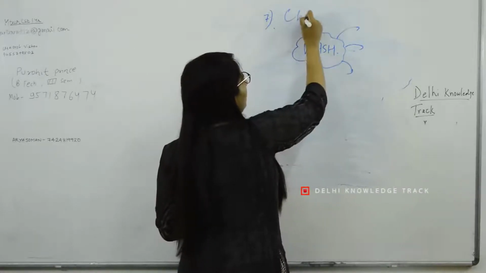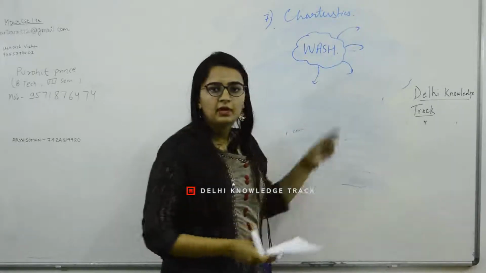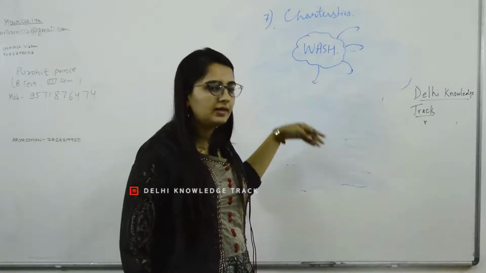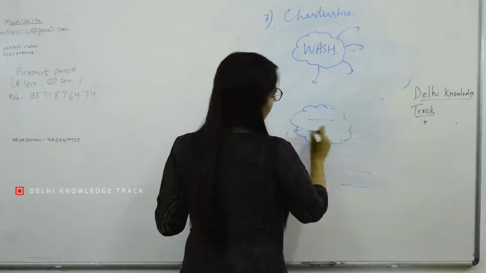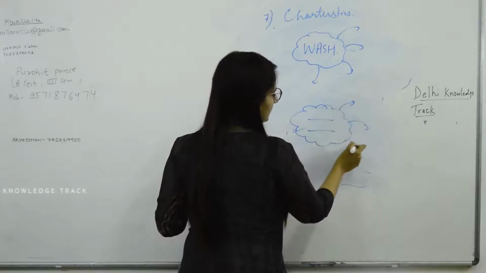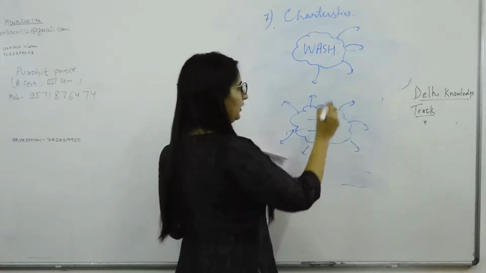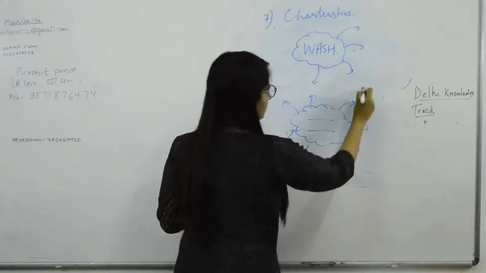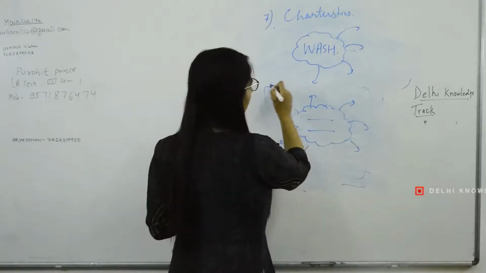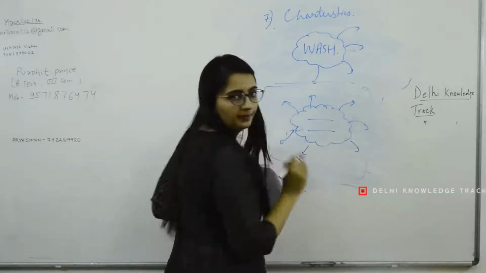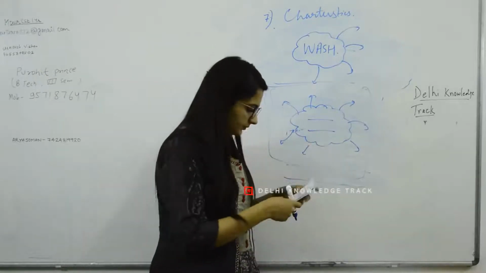When we have to write about characteristics of something, characteristics of some program, characteristics of NREGA, smart city, it can be anything, we draw a cloud like this, write the main thing here, and then the characteristics with arrows. And don't forget to put all of this in a box, because it restricts the usage of page and gives a very clear look to the lines here and to the lines here. Otherwise it may seem like chaos on the paper.